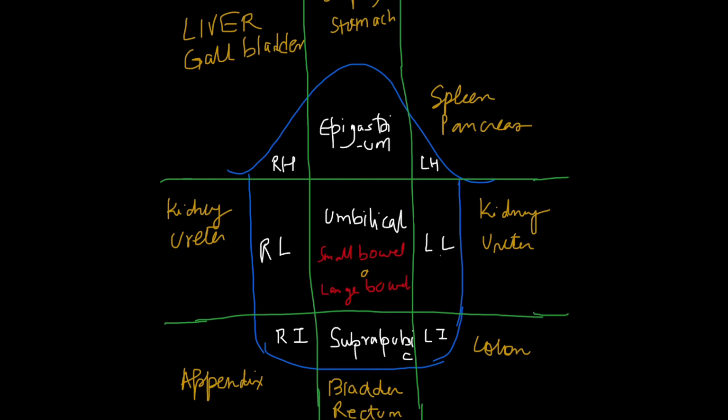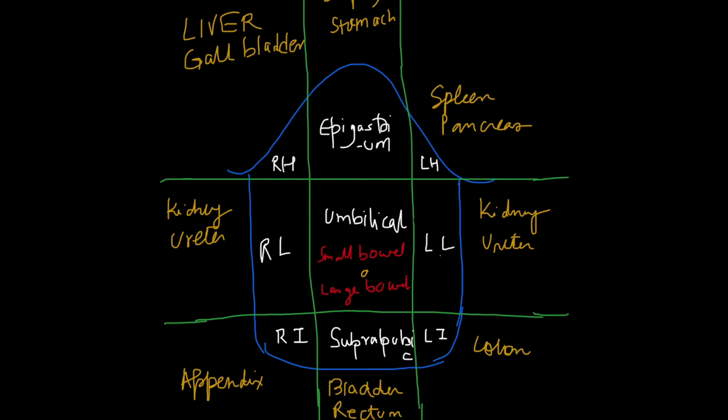Now in the epigastrium, esophagus and stomach are present. So esophagitis, acute gastritis, acid peptic disease are commonly occurring diseases causing pain here. In left hypochondrium, spleen and pancreas are present. So splenic abscess or infarct, pancreatitis, any kind acute or chronic, and lower lobe pneumonia because the lower lobe of the left lung is also present here.